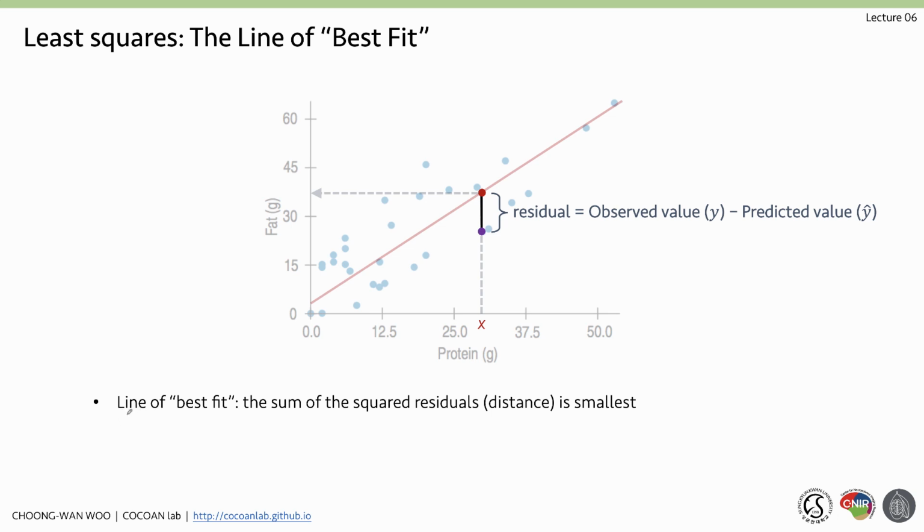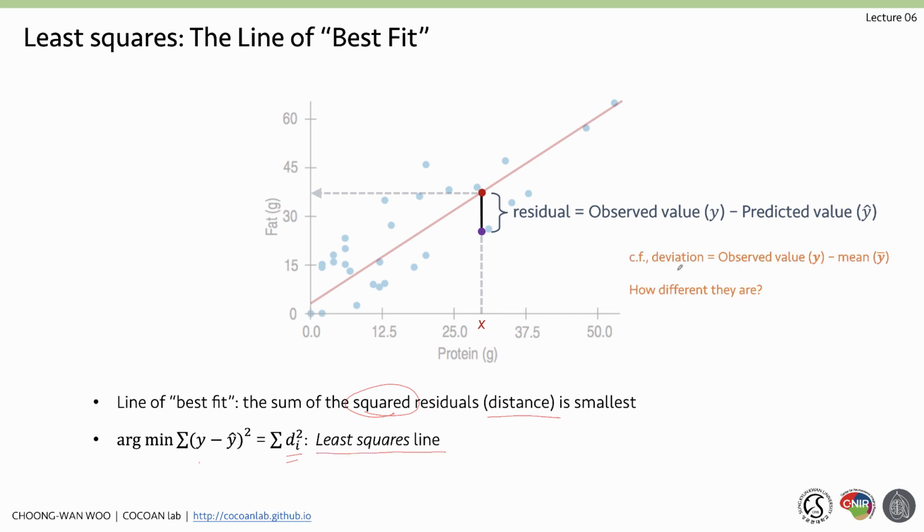So to find the line of best fit, we can use the sum of the squared residuals, because we don't need to take into account the sign of the residual, so we are using squared. That is basically distance, and we want to find the line that makes the distance between the observed values and predicted values smallest. And we can express that with this mathematical expression: argmin of the sum of the squared residuals, y minus predicted value, squared. So that is basically the distance, and